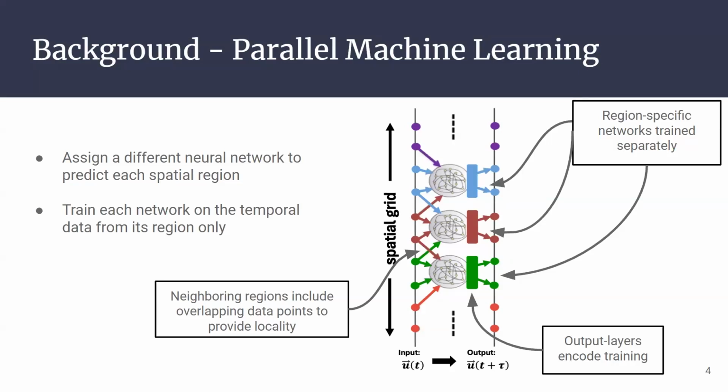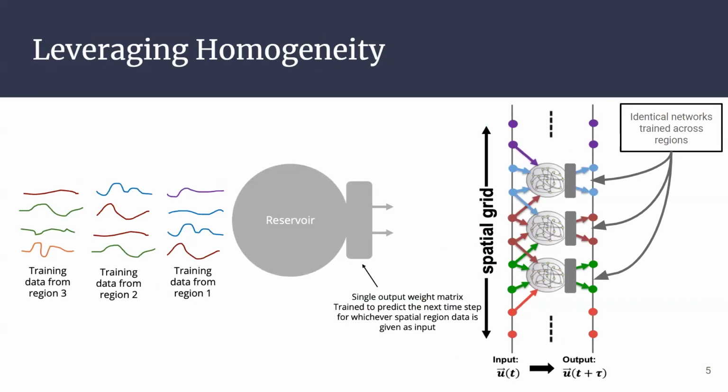The next part is that because the system is homogeneous, as we increase the time over which we are doing training, we find that these output layers tend to look similar as time goes on. That motivates our new approach, which is leveraging the homogeneity of the system with a single output layer trained on the union of all training data. So we can see here this purple, blue, red, these squiggly lines, they're fed in, their dynamics are studied by the system. Then afterwards, the next region is studied by the system and more after that for as many as we have. By doing this, we're capturing the dynamics over the entirety of the spatial regions, but with one